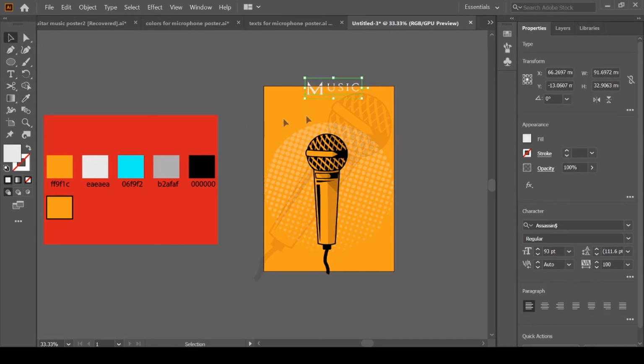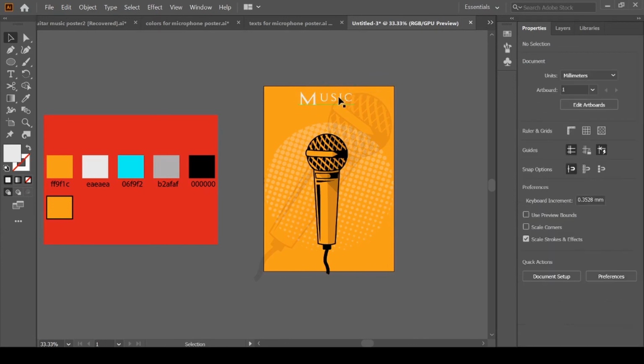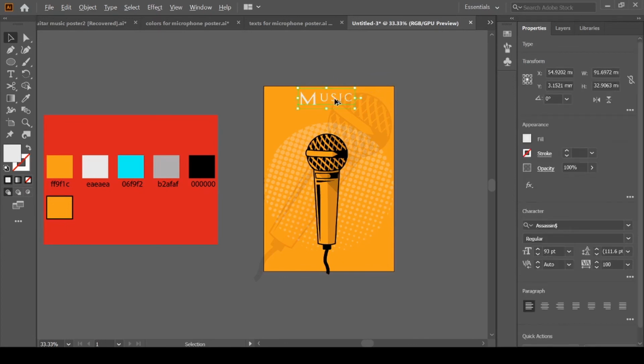Now we will pick this white color, just bring it over here, press Alt for duplication. Now we will change its characteristics. We will take the size 100 and the spacing we will leave at 100. Now grab the text tool, T for text tool. Now we will write festival.